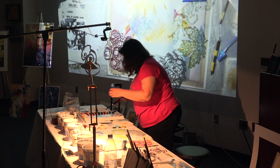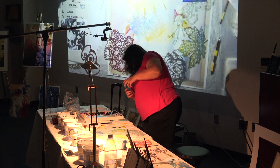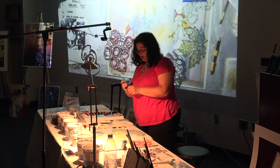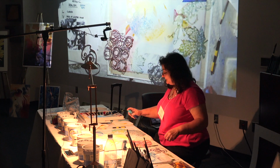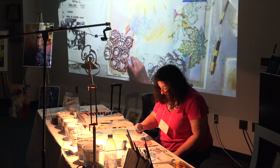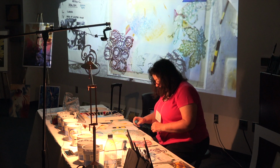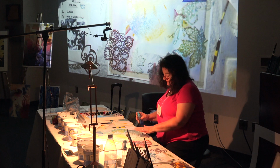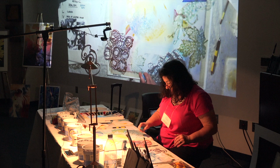This is M. Graham phthalo blue. On one side at least, I know it is. The other side maybe De La Rani. I use quite a few English De La Rani colours too. So I can get some of these textures. I don't want to go too much, I just want it to be a hint. Okay, this one's wonderful if you actually leave this on here and get it really wet. But I'm not